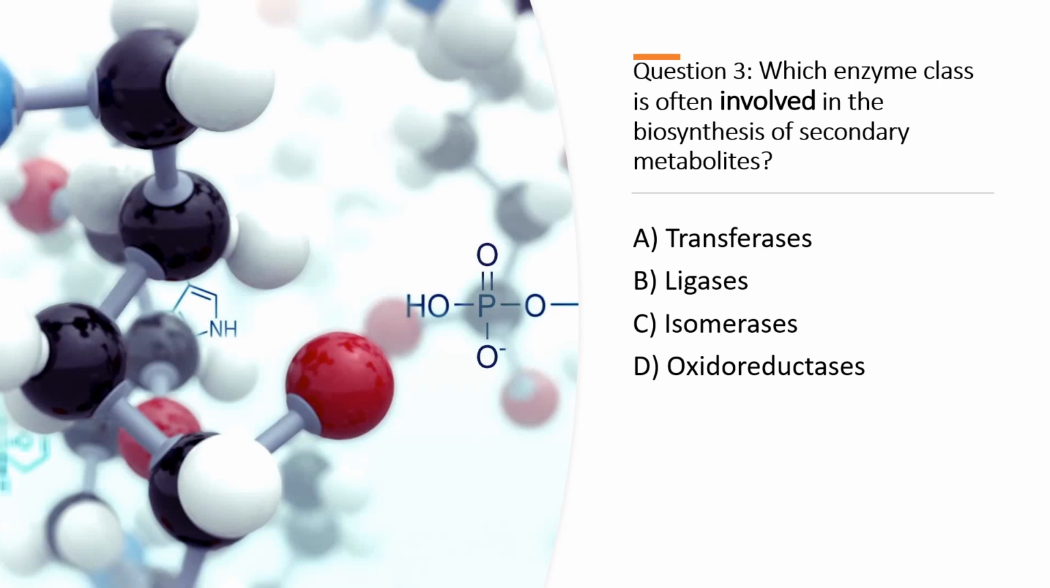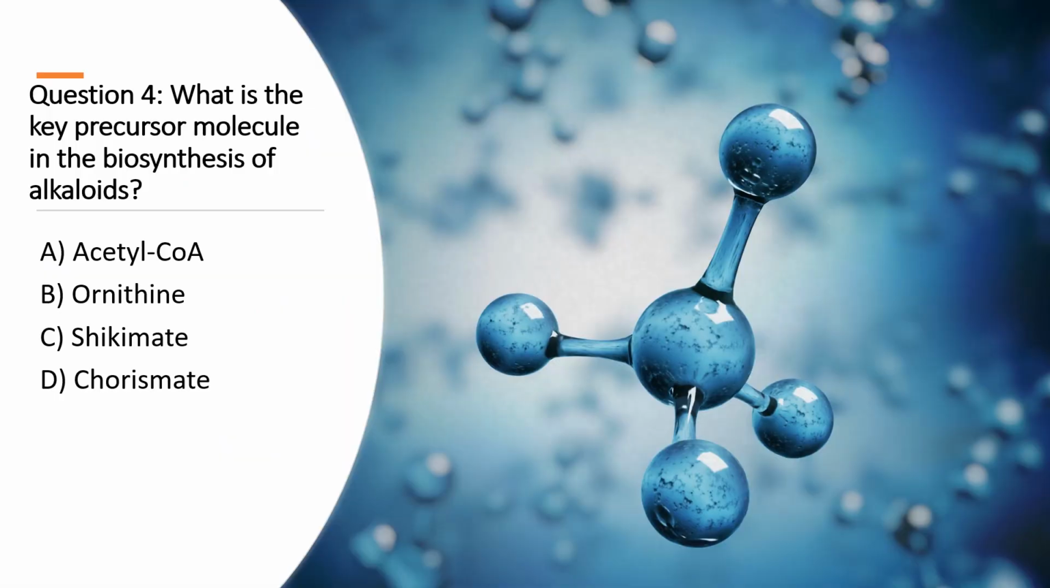Next is, what is the key precursor molecule in the biosynthesis of alkaloids? A. Acetyl-CoA. B. Ornithine. C. Shikimate. D. Chorismate. So the correct answer is ornithine,